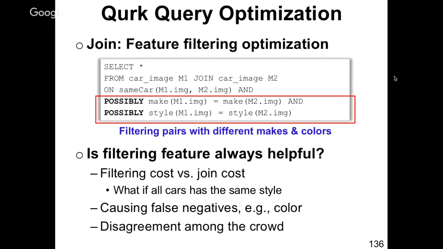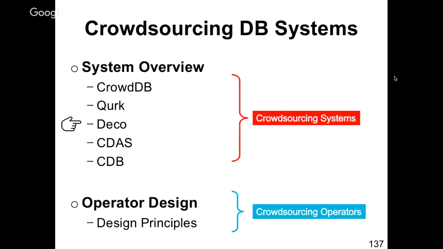And the third part could be caused by the error-prone natures of crowdsourcing workers. If the workers have a disagreement about the filtering attributes, that filtering attributes could be of low quality to our join purpose. Okay. The third system is about DECO, which is proposed by